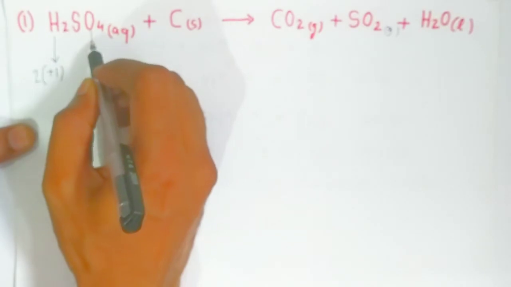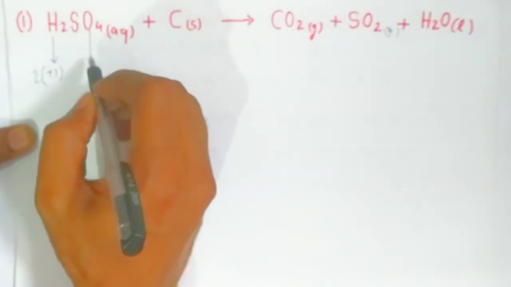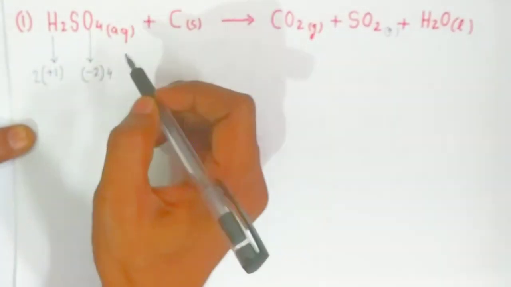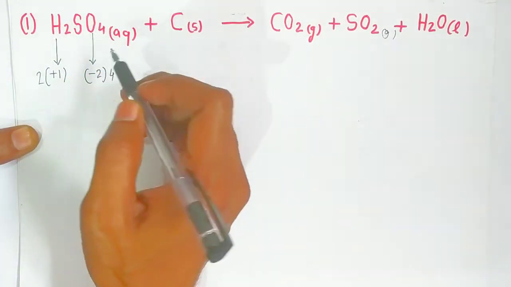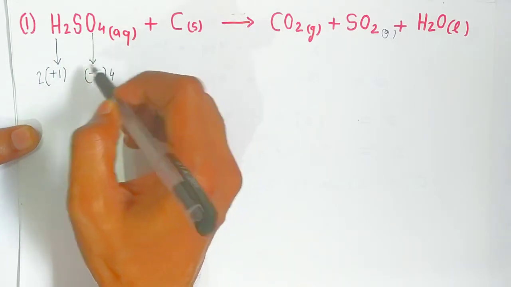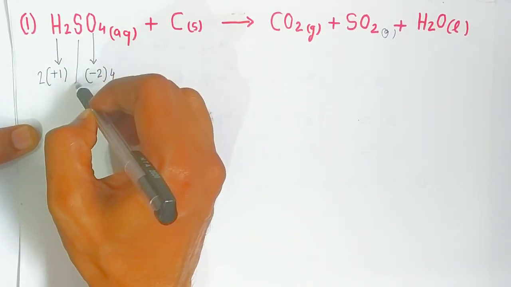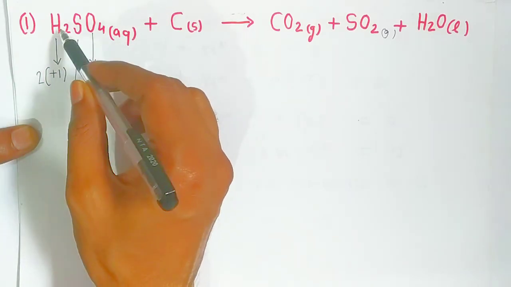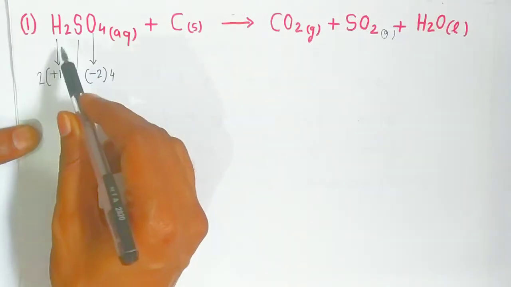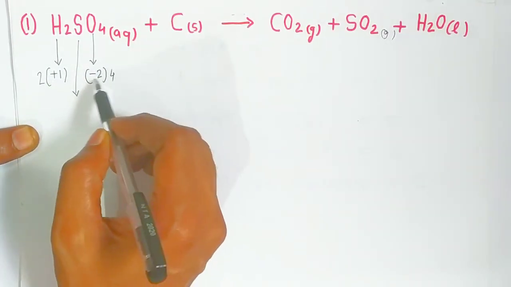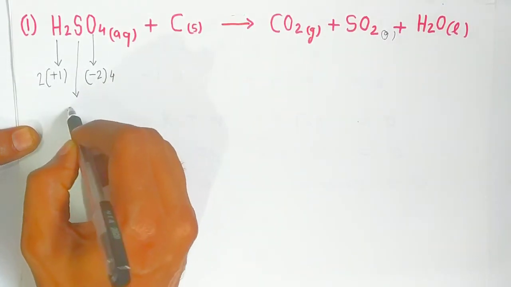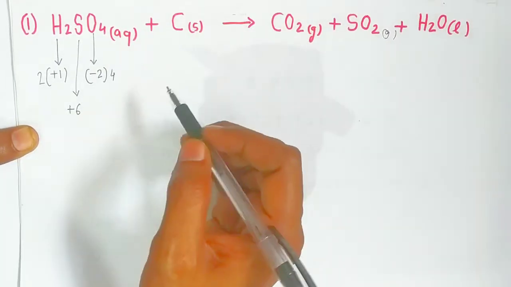Now you know the oxidation number of oxygen is -2. How many oxygen atoms are there? That is 4, you have to multiply with 4. Because there is no charge on sulfuric acid, the sum of the oxidation numbers will be equal to 0. With the help of this we are going to calculate the oxidation number of sulfur. If you know the oxidation number of hydrogen and oxygen, you can calculate that of sulfur. Hydrogen gives +2 and this is -8, so it comes to -6. When this -6 goes to the other side, it becomes +6, which is the oxidation number of sulfur, that we have already seen in the last video.